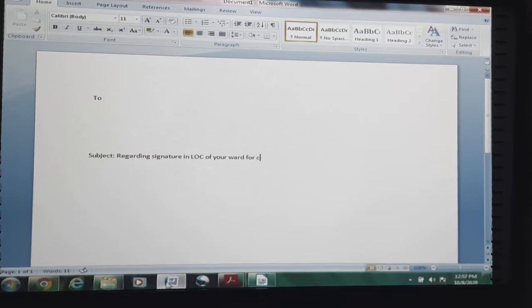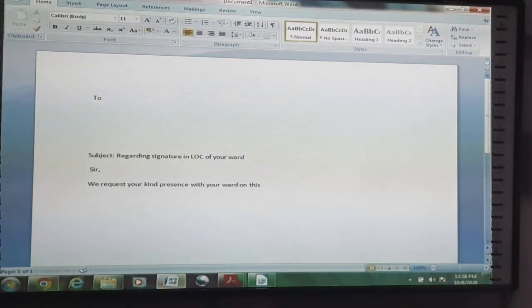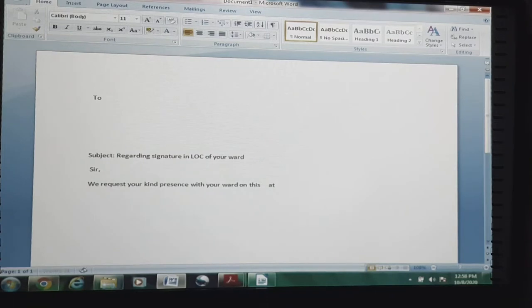Then the name of the ward will be coming, followed by sir, we request your kind presence with your ward, name of ward, on this date, and at this time in our school office. Then here we will insert the details.